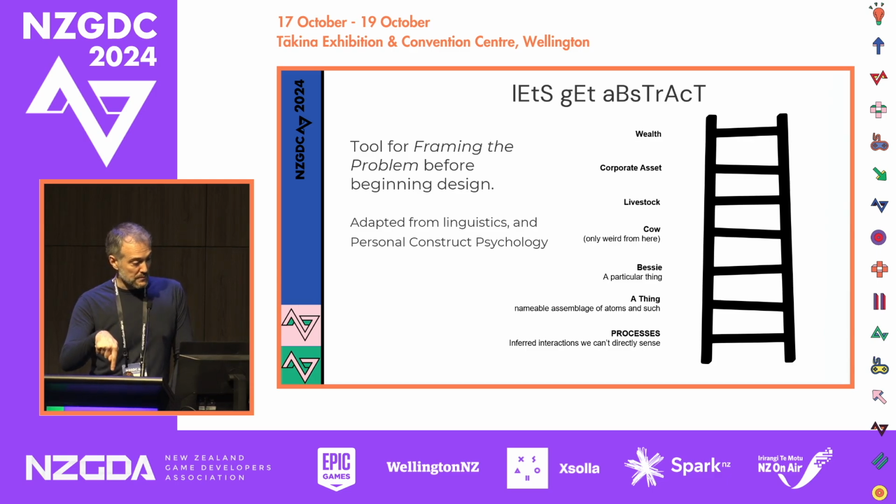If we go down from cow, Bessie, it might be the particular name for this cow, we get to a particular thing. And I'm not too concerned with this at the moment, but basically these nameable assemblages of atoms, right? It gets too lost in the weeds, too concrete, if we start talking about the cow as, well, you know, the cow is molecules and it's just atoms and we're all connected, which is really a nice philosophical stance to take, but also not functional for the cow, right? So we need to say what's the right level of abstraction to aim our game at and to talk about. So we need to unpack that.